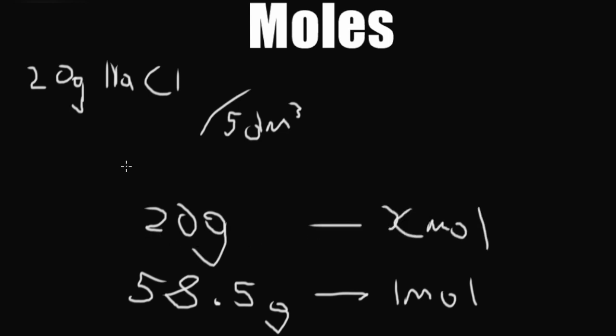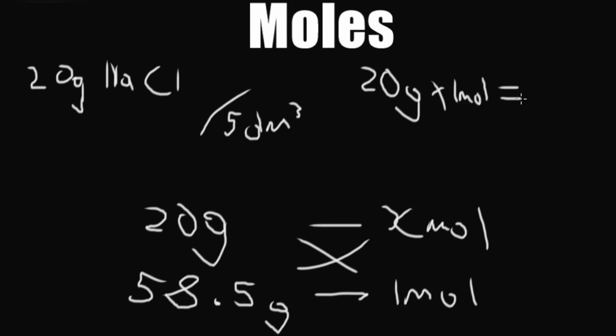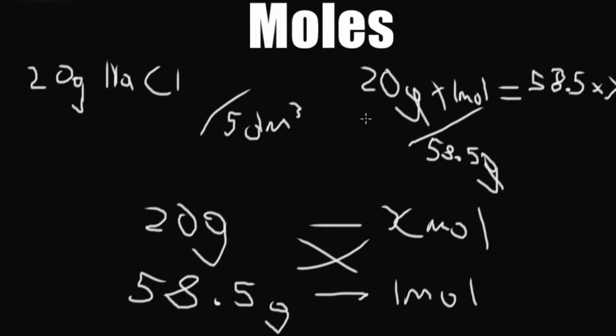And now to put this into a linear equation, we can cross multiply these to then say 20 grams times 1 mole is equal to 58.5 times X moles. So to get X by itself, we divide this by 58.5 and the units cancel out. So now we have 20 divided by 58.5. So we know that 20 times 1 is just 20. So now we can put into our calculators